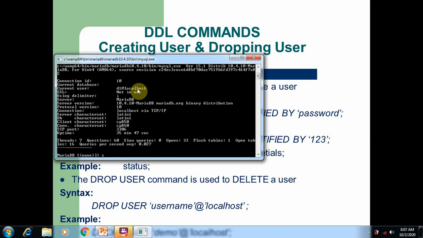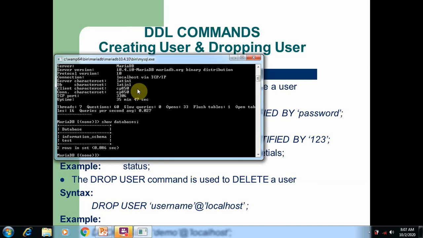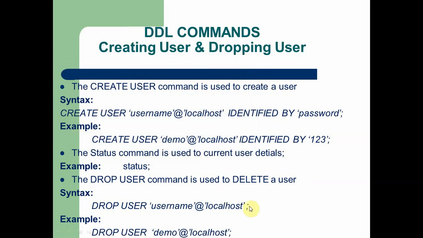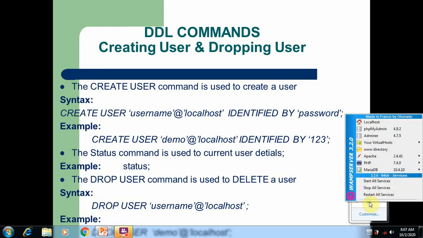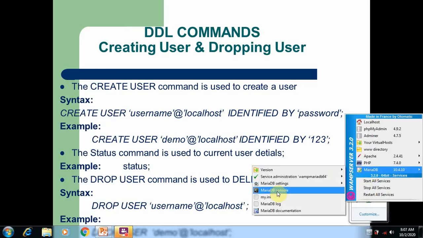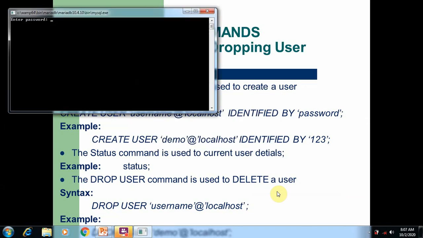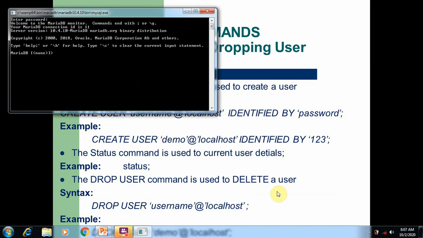So if you use show databases, you can see only the minimum databases. It is the default database available here. The student database is not here, it was created in the root user. So if you want to use the student database from the root user, then exit from this user and open the root user. Go to the WAMP server icon, select MySQL or MariaDB, select root user. There is no password, so simply enter.